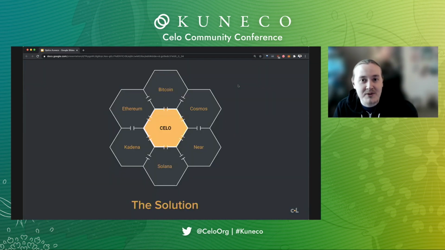So the goal is to build bridges between every chain. This isn't a Celo to Ethereum specific mechanism. We're trying to build something that works the same on Celo as it does on Ethereum and Near and Solana and Polkadot and Cosmos, and to create a bridge mechanism that just works everywhere without all the bespoke header relay and bespoke transaction trie and bespoke event processing that you need today.